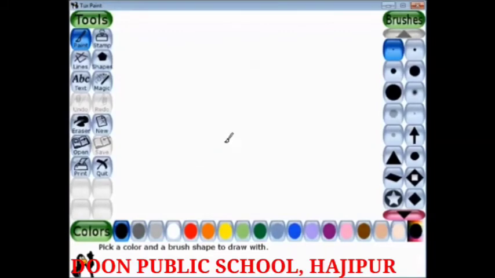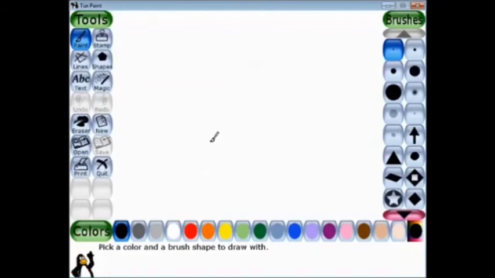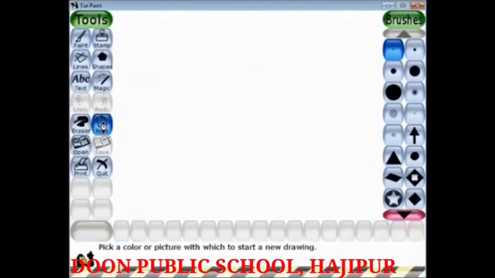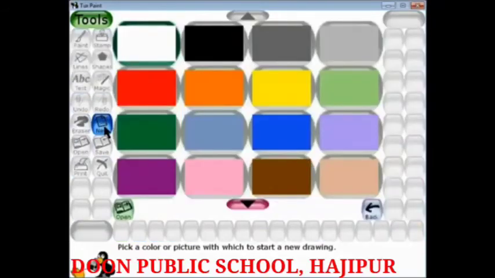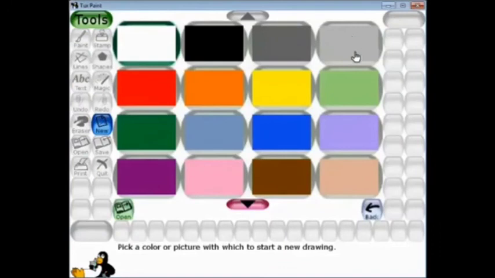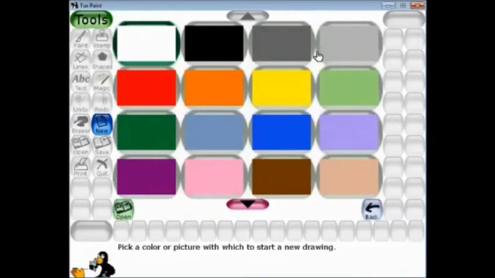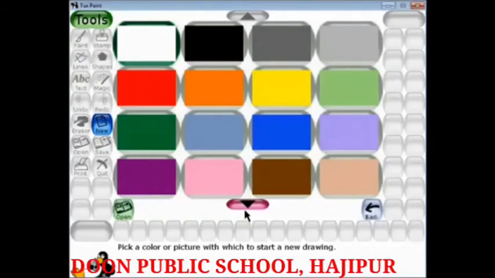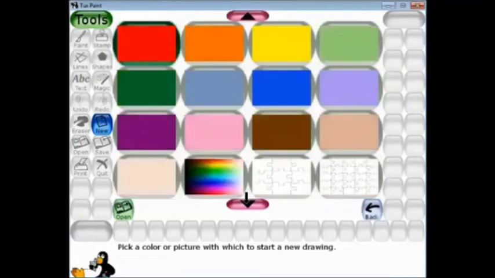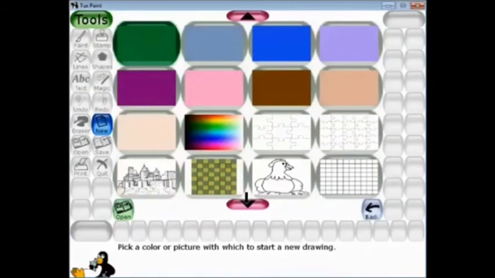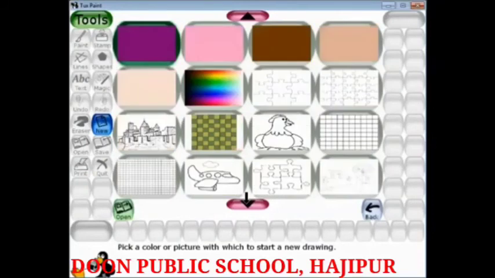So before we start drawing, let's take a new drawing sheet. Whenever you want to take a new drawing sheet, you need to click on the option called New. Just click on it. Now these are the various drawing sheets available to you. Generally, we use the white sheet for making the drawing. But suppose if you want to use a colored background, you can select any of these colored sheets as the drawing sheet. Use this down arrow to go down and explore more options. Like you can see, there are many types of drawing sheets.